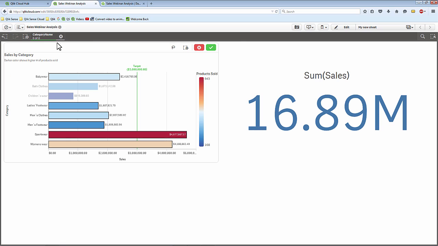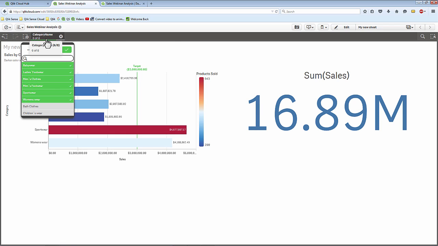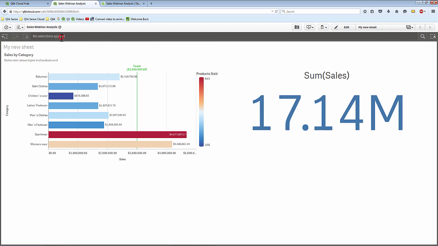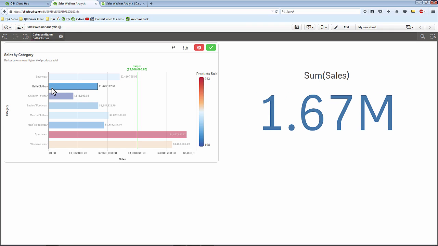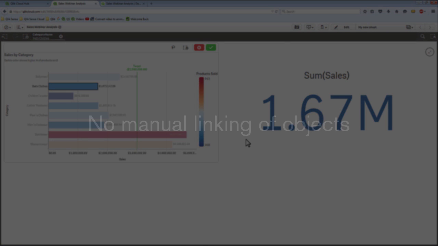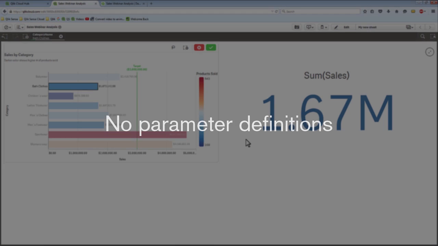Keep in mind that a lot of the selection capability is built into the visualization itself as well as maintained through the selection bar. Here's another thing I wanted you to notice. As I'm making these selections, the KPI object is updating. I didn't have to manually wire anything together. There isn't any manual linking or wiring of visualizations. I didn't have to define parameters for each of the visualizations and link them together.